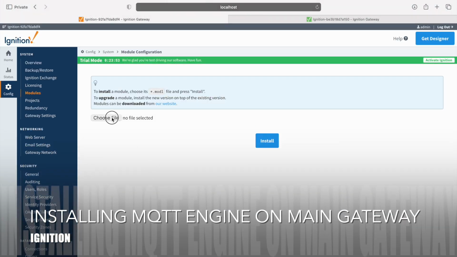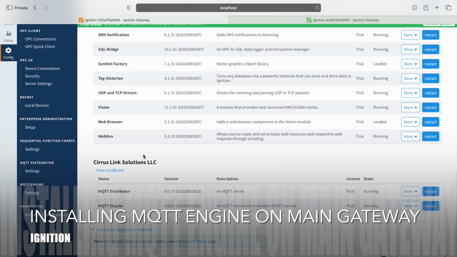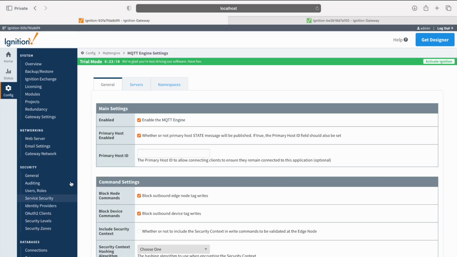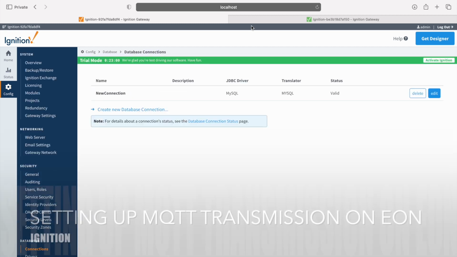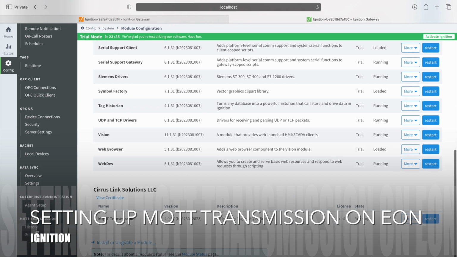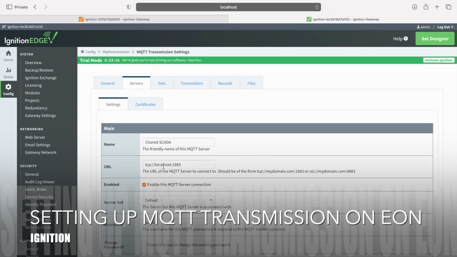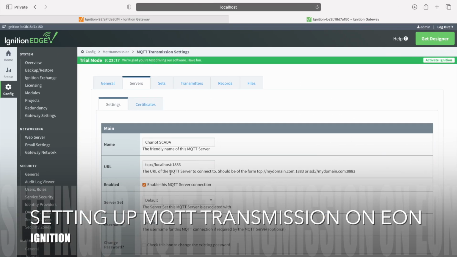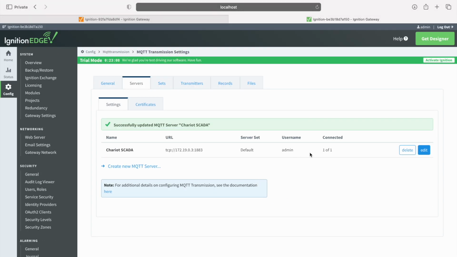Now we will install MQTT engine. Inside MQTT engine setting, we can see it is connected with server. As we have created MQTT distributor on main gateway, we need to assign its IP address inside MQTT transmission server's settings. We will paste this IP address. As transmission can connect with more than one distributor, we are now able to see it is connected with one